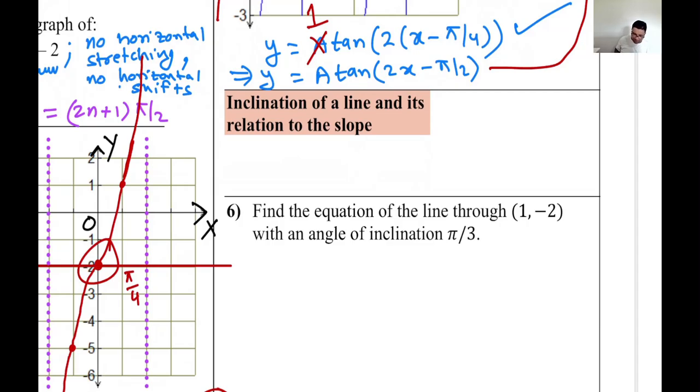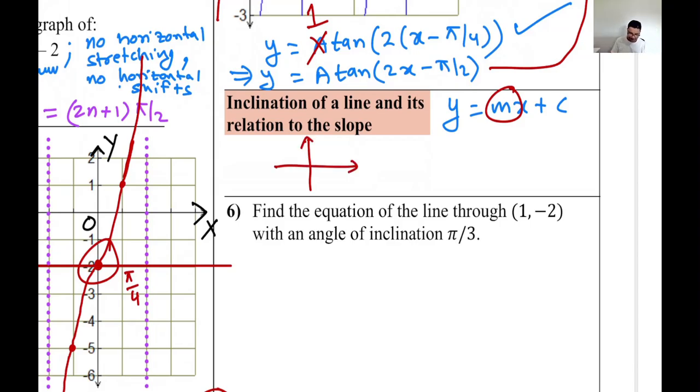Here, a small note I wanted to make. We have been looking at the graph of tangent, and that comes in the context of the equation of a line. We say the equation of a line can be written like that, mx plus b or mx plus c, where m is the slope, right? And a small note about that I wanted to make is, if you look at